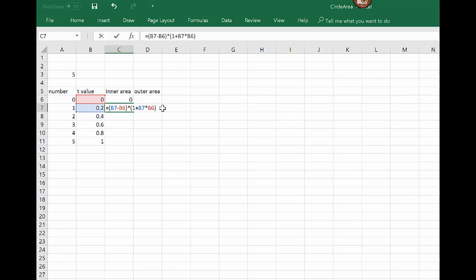So we're in the middle of a formula. We're now going to divide by the product of two things. So I need some brackets. The first one will be 1 plus the B7 squared, and that's how you use an exponent. And then close that bracket, and then I'm going to multiply by the second factor, which will be 1 plus,